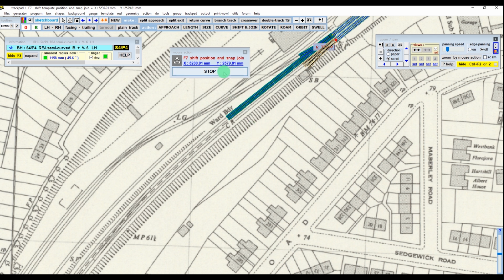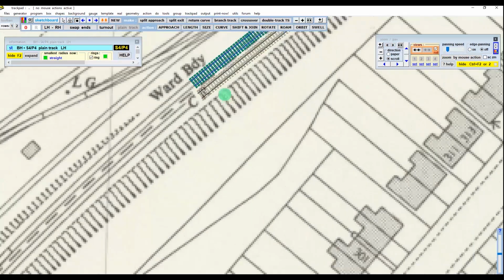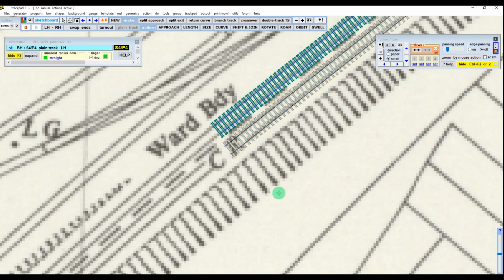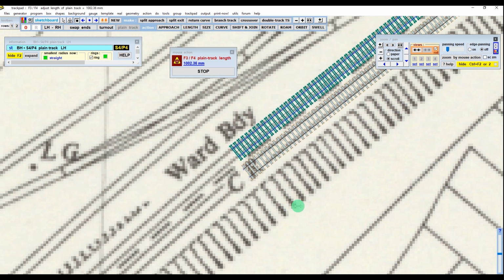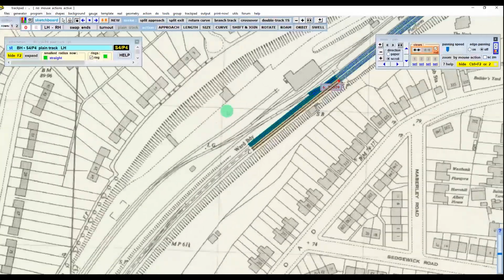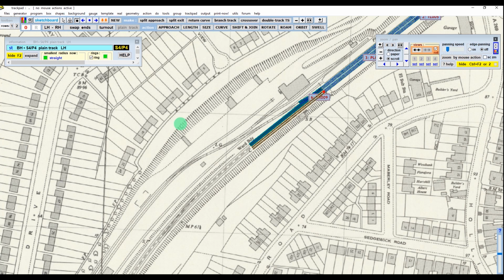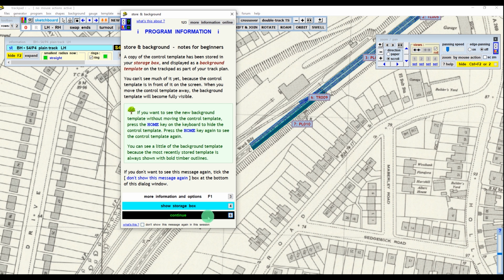But again, it's a turnout, we want a piece of plain track, so we just hit this button to make it a piece of plain track, and with the length tool just drag that out. Now we can zoom in and we can set those lengths really very precisely, but for now let's just, oops, there we go, let's just go with that. I'm running through this really quickly just to show you how simple it is once you've got the hang of it. Okay, so we'll save that to our storage box,